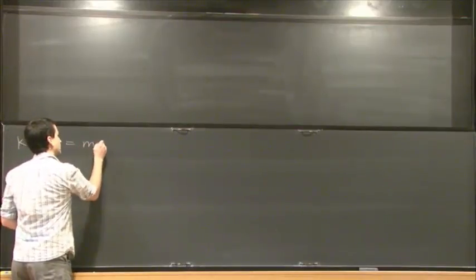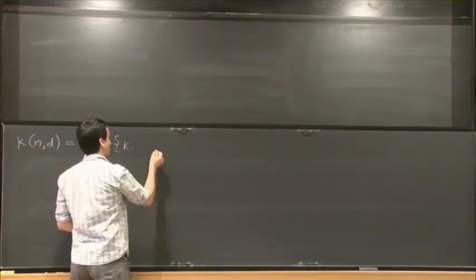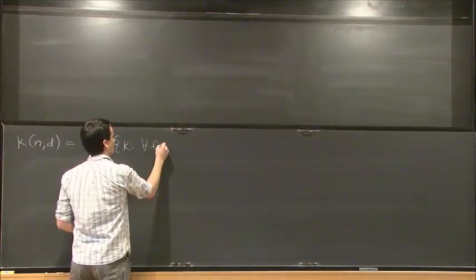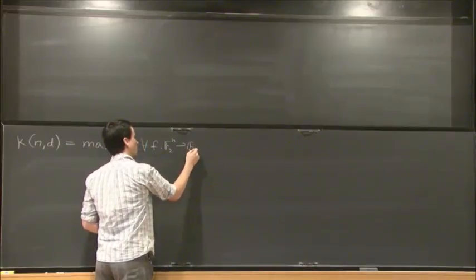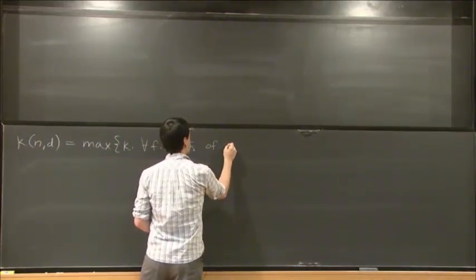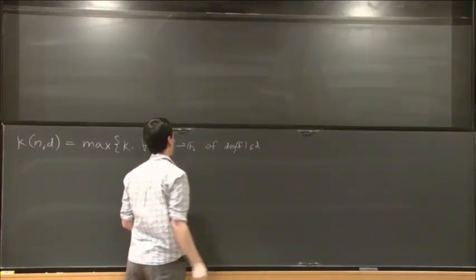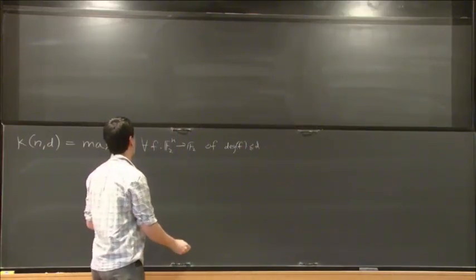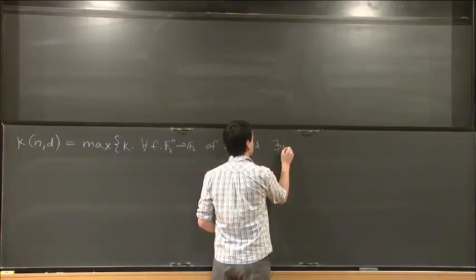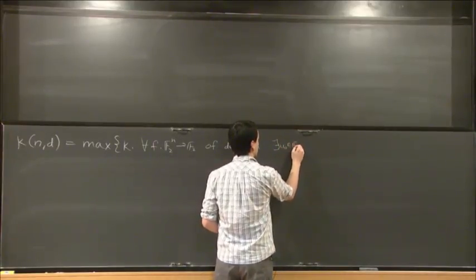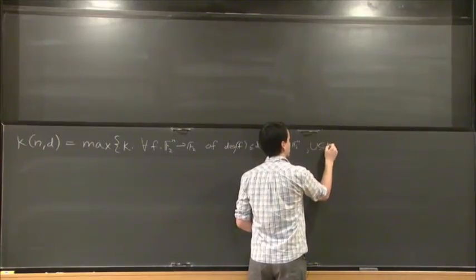So this is the maximum over all k's such that for any function or polynomial of degree at most d, there exists some vector u0 in F2 to the n and some subspace of F2 to the n. So I think of F2 to the n as a vector space